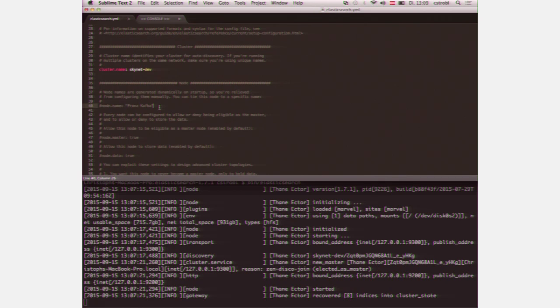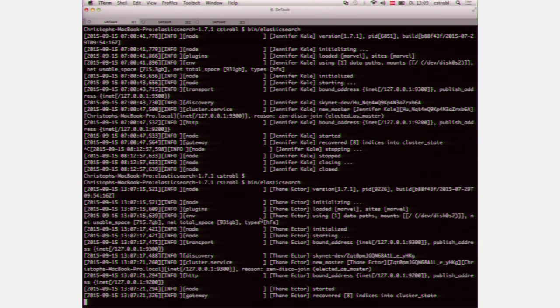But it's hard to figure out in logs which node had this name at that time before it crashed, because it potentially has another name when it starts up. So I would recommend to set this, but for now I have